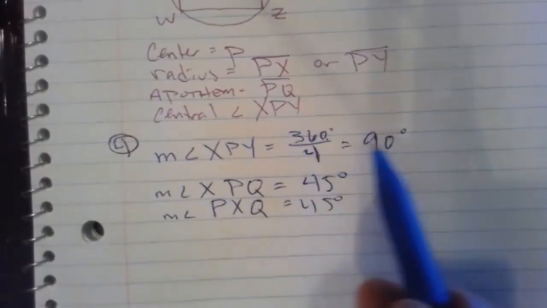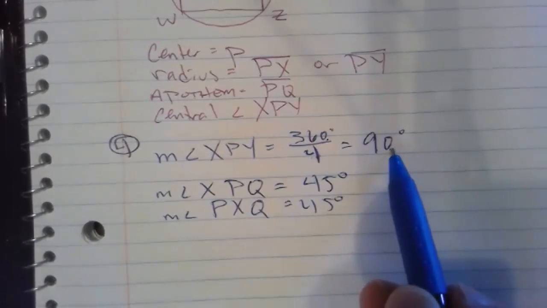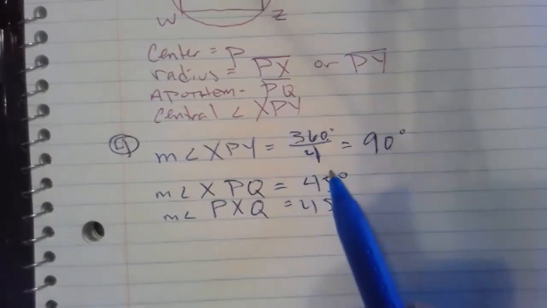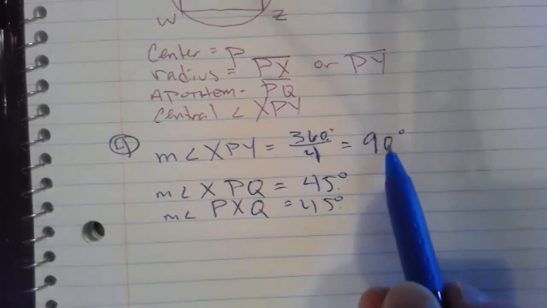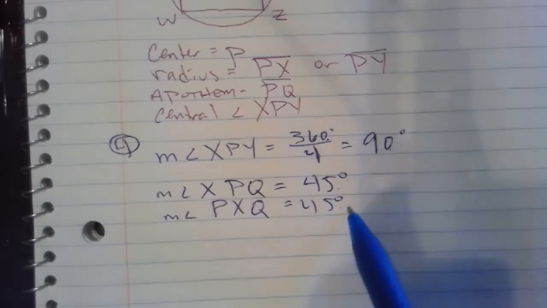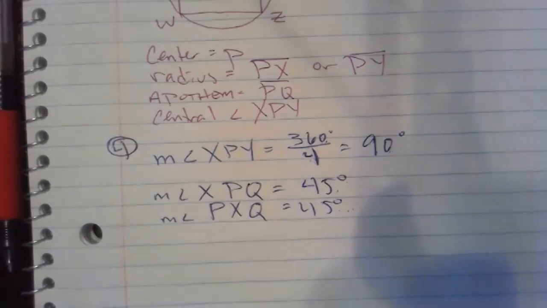360 divided by the number of sides, sides with a D, gets us the number of degrees of the central angle, and then half the central angle, and then 45 plus 90 equals 135, 180 minus 135, that's the rest of the triangle. All right, let us turn the page,